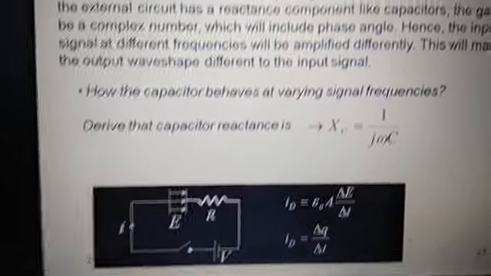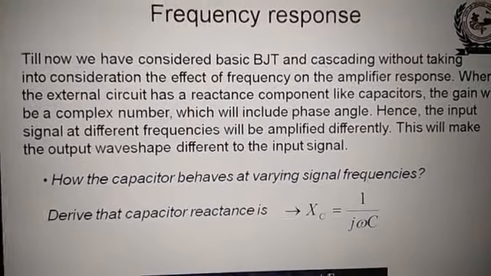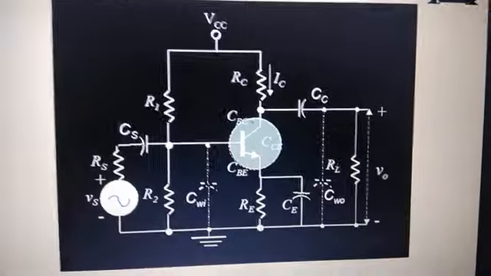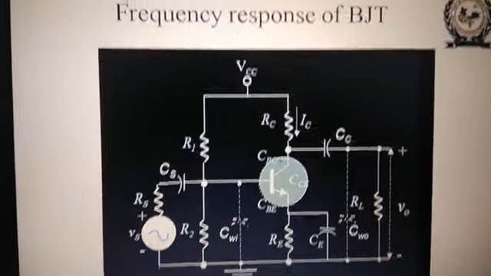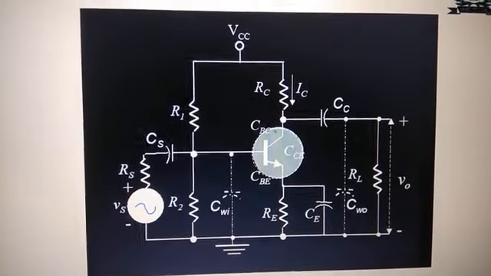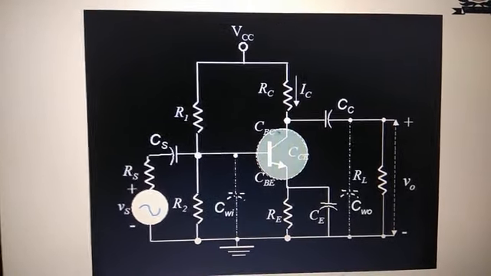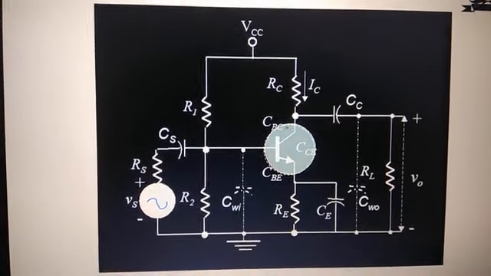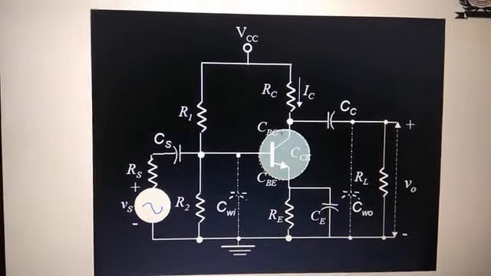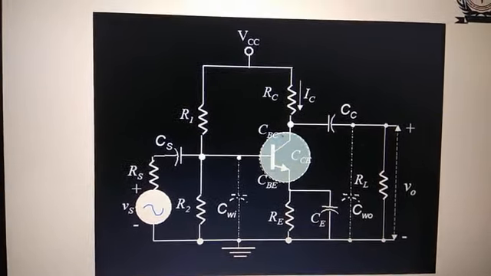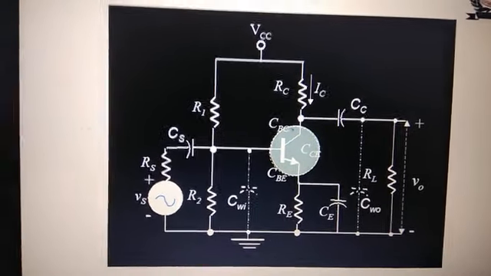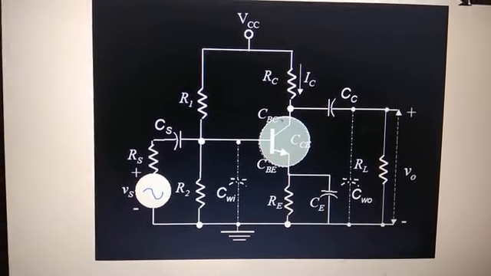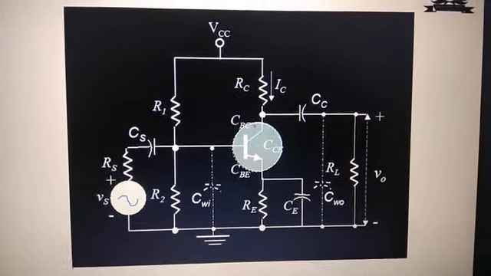Then the frequency response of the amplifier can be calculated by using Xc is equal to 1 upon j omega c, connecting the capacitors. These capacitors are connected, and this is the complete amplifier diagram for input frequency. You can see R1, R2 connected as voltage divider bias, Re is the emitter resistance and Ce is the bypass capacitor, and RL is the load resistance through a coupling capacitor at the input as well as the output to remove the distortions. So this is a complete single stage amplifier. And similarly, you can connect other stages also if required for more amplification.